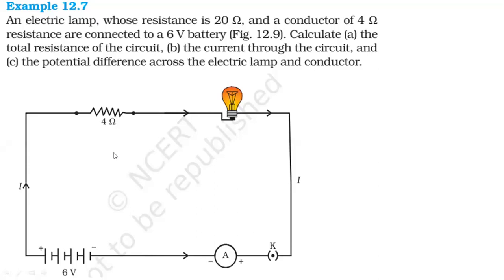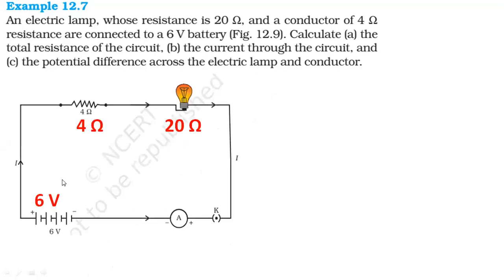So what I will do is I will increase the font size of these particular voltages and potential difference. And what is the value of this bulb? What is the ohm? 20 ohm. So let me write it down properly. So this is the increased size. Battery is nothing but 6 volt.